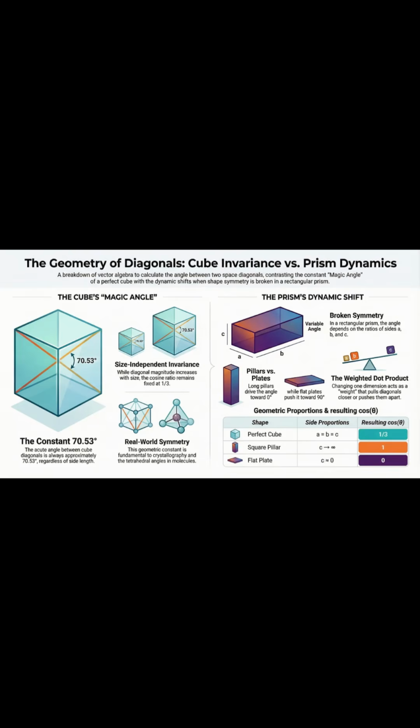Visual feedback: finally, the renderer draws the new vectors and updates the information panel. This allows the user to see the physical change in the cube size while noting that the calculated angle remains approximately 70 degrees. For the more complex prism